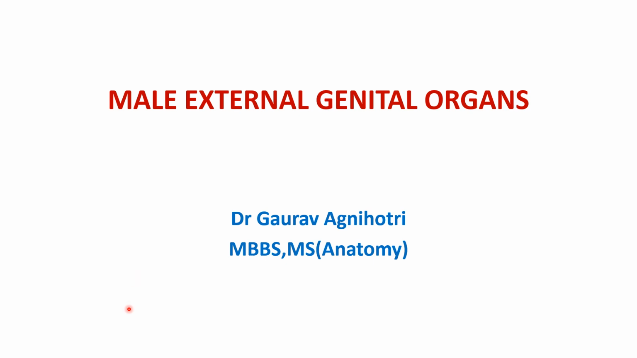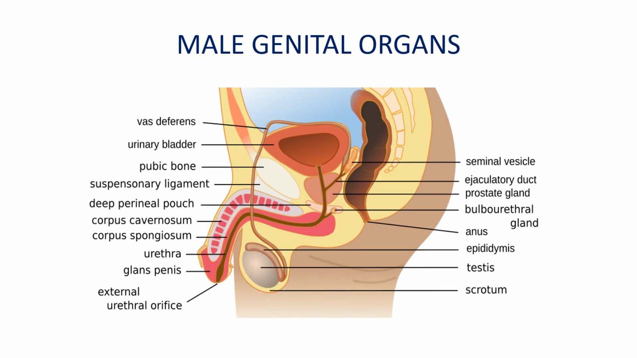The topic is male external genital organs. So we should know what are the external male genital organs and what are the internal male genital organs. External male genital organs include the penis and the contents of the scrotum, namely the epididymis, the vas deferens